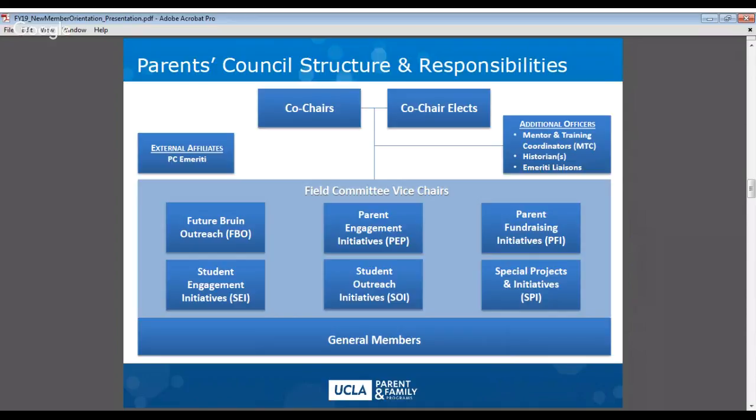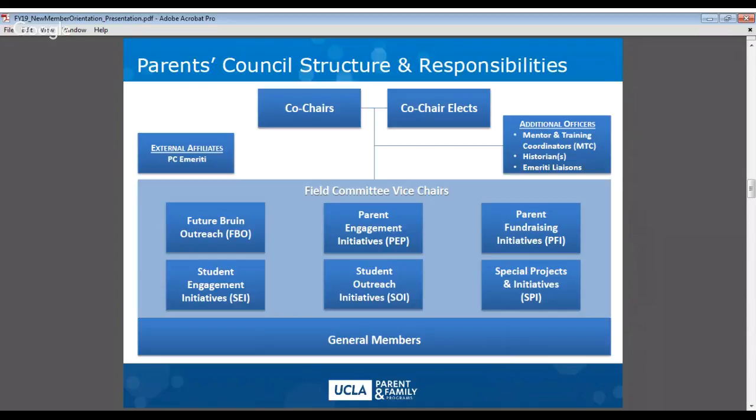The Special Projects and Initiatives Committee, or SPI, works in collaboration with a number of campus partners to provide support to unique opportunities and events that encourage access for special populations, campus improvement, and advocacy. The vice chairs for special projects and initiatives include Leanne Kowiak and John and Maribel Moser.